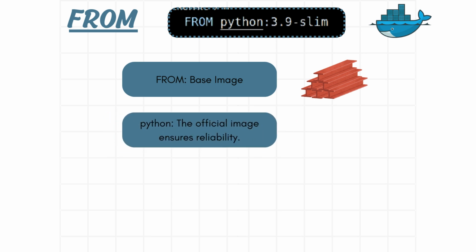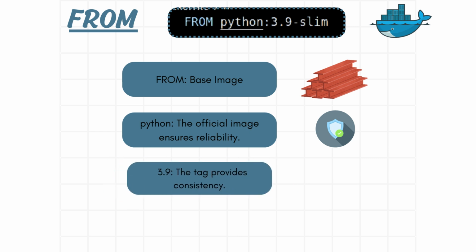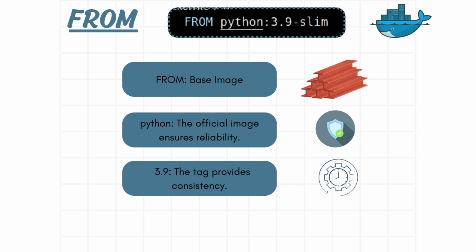Here, we are using the official Python image available on Docker Hub. The term python refers to the image repository, which is maintained by the Python community and Docker. Using an official image ensures reliability and regular updates. The 3.9 tag specifies that we want to use Python version 3.9. This is important because it provides consistency. By specifying a version, we make sure our application runs in a predictable environment, avoiding potential issues that could arise